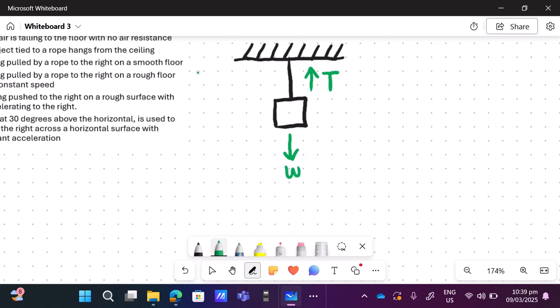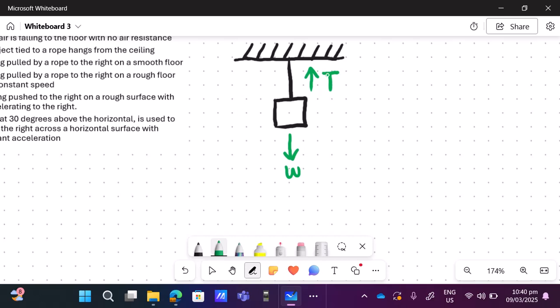Okay, what could be the other forces present? Since it's not moving, basically only these two. Okay. Now, what are the things that we consider? There are no horizontal forces. So basically, we're going to consider the net force along the vertical axis.